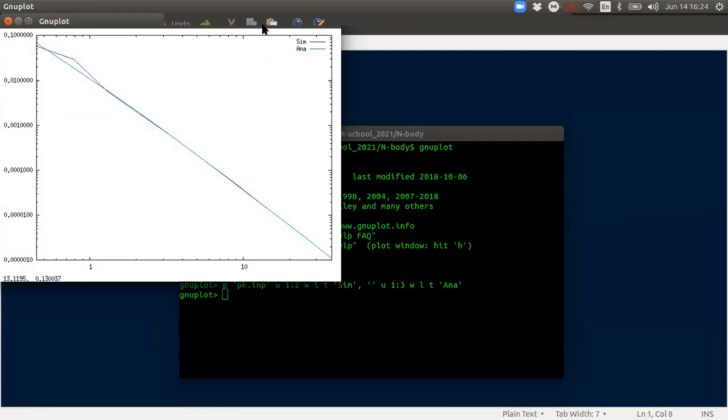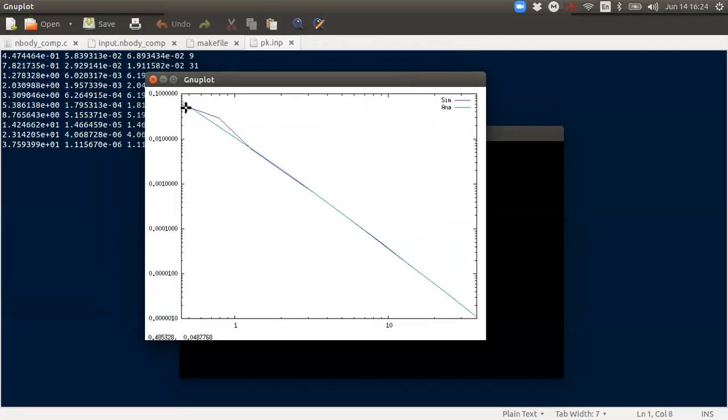You can see that both of the lines basically overlap. There are some fluctuations that are due to the numerical resolution of the box, but you can see that it is practically overlapping, so it is good. I mean, the first thing is okay.